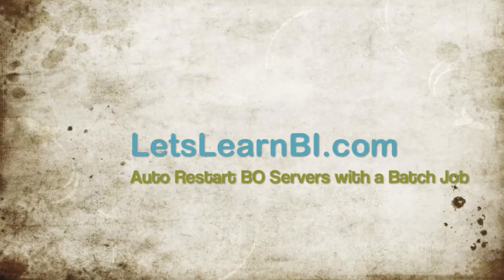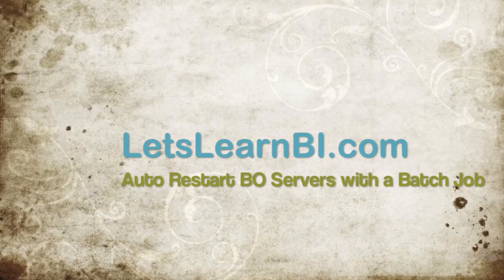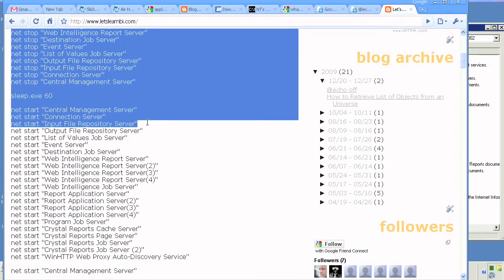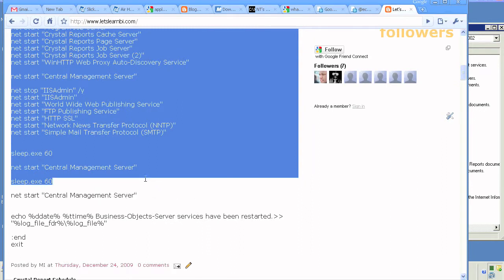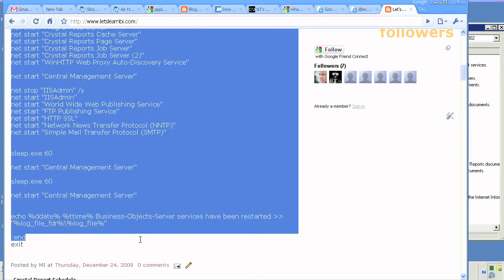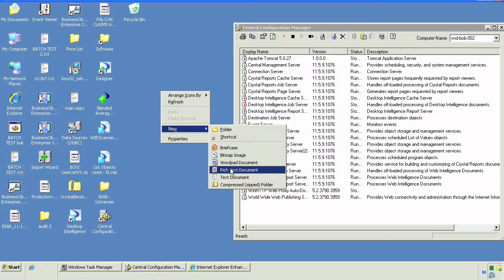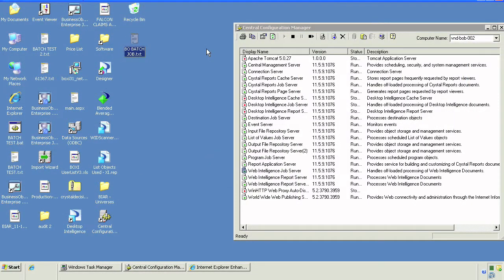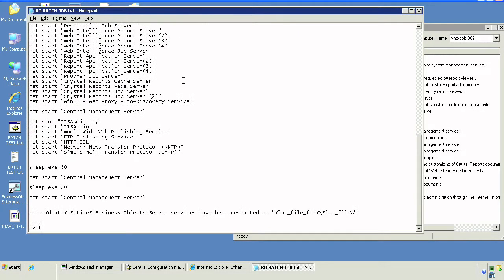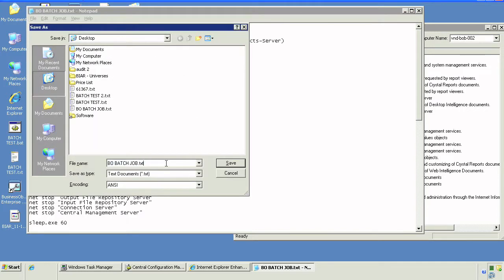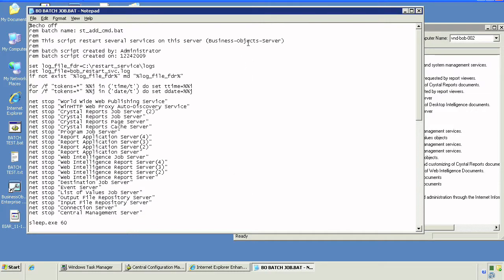We're gonna go over how to create a batch job and schedule it to automatically restart business object servers. We're gonna copy this code and take it to our business object server and simply create a text file, paste it there, name it appropriately, save it as extension .bat instead of our usual extension of .txt. So that's it. It's a batch file now,